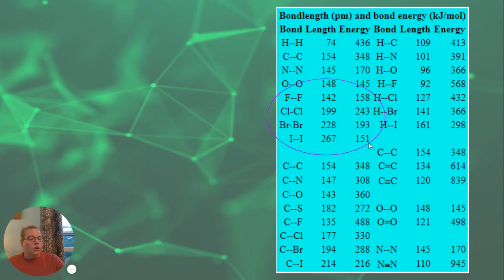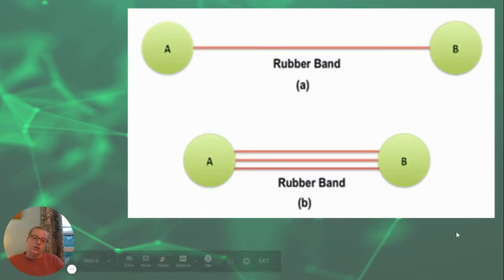So you can't look at this as a perfect trend, and you will find out as we go along with some of these things. Fluorine is a problem child. Nitrogen seems to be a problem child too, but we see general patterns where the closer things can get, generally the stronger the bond attraction is between them, and the smaller the size. Again, it's not consistent all the way, but it does happen. This chart is, by the way, in your workbook if you need to take a look at it. Okay, the next thing we need to actually talk about is